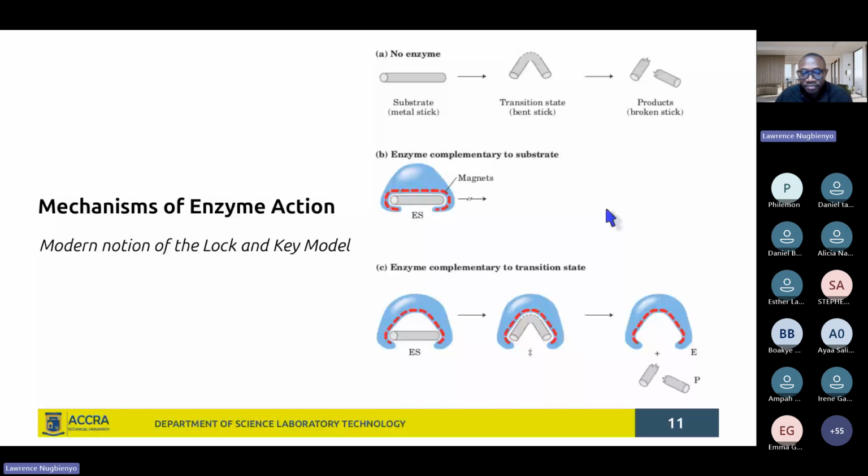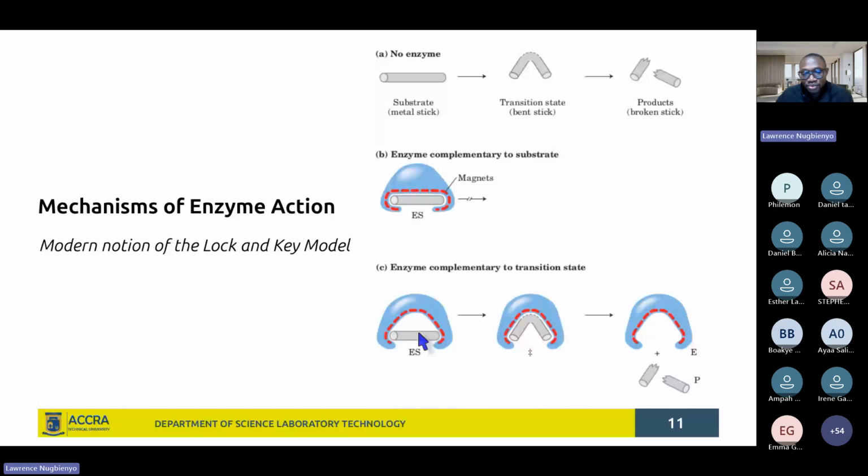And so then the proposal of Emil Fischer was modernized to say that actually the substrate does not perfectly fit to the enzyme. So you see the enzyme substrate complex, which is being formed below here. You see the substrate is not perfectly fit,